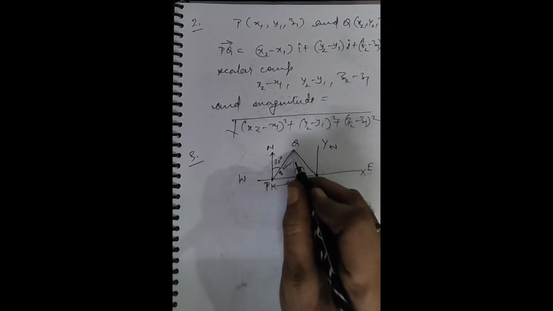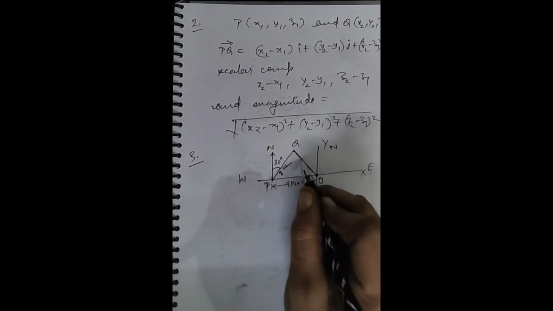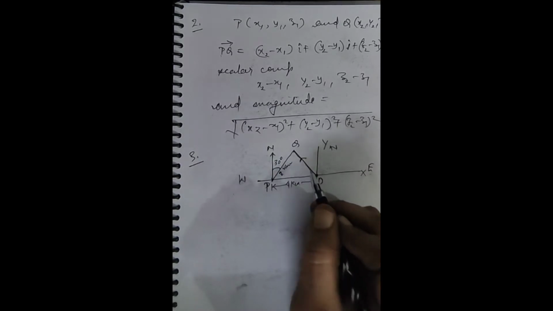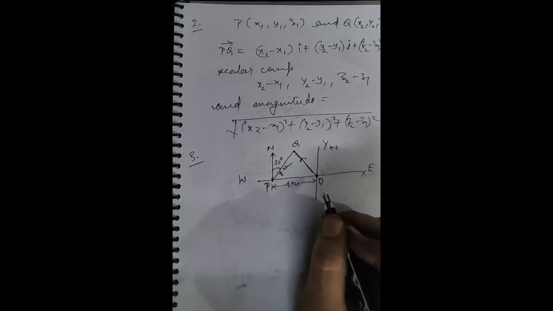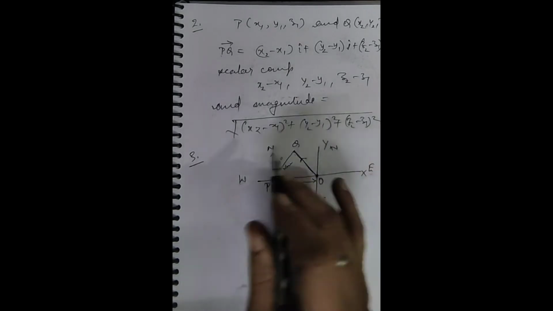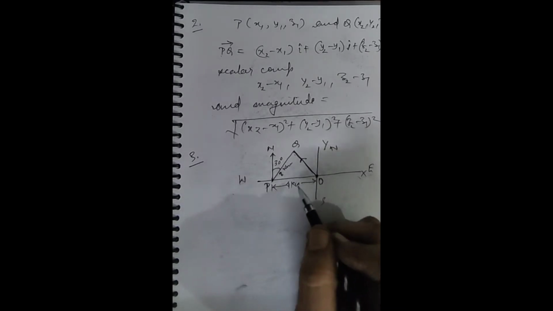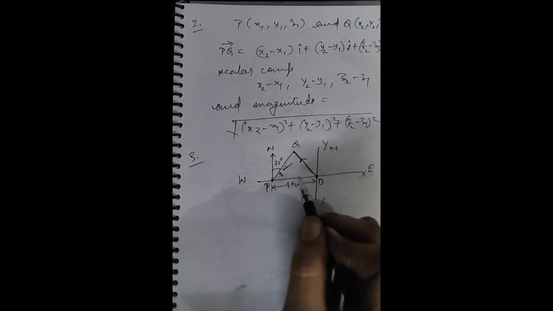So obviously with respect to O, we need to show this in the form of a vector. Displacement, length OQ will be the magnitude of this vector, and in the form of a vector means in terms of i cap and j cap. Again I am saying i cap and j cap because here we are taking a 2D plane, x and y axis. Z axis is not taken here. Or we can say that this vector lies in the xy plane. This is the negative side, that is the positive side.